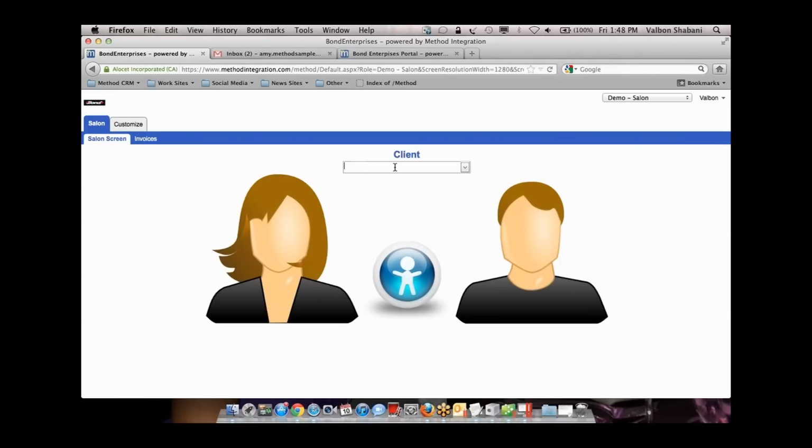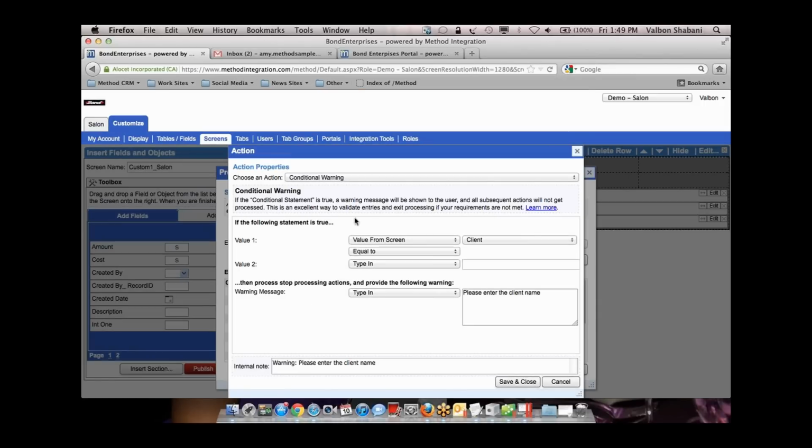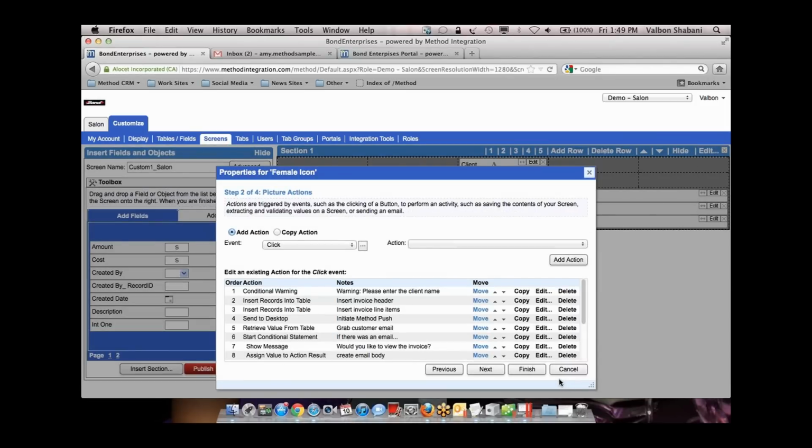Okay? So in other words, if the user doesn't select a client and they try to hit that picture, that is being prompted, they're being warned because you through English have told them, I want to give them a warning. And through a Method action, it actually says if this is not met, we need to stop. So those are the kinds of things we should be looking at doing,